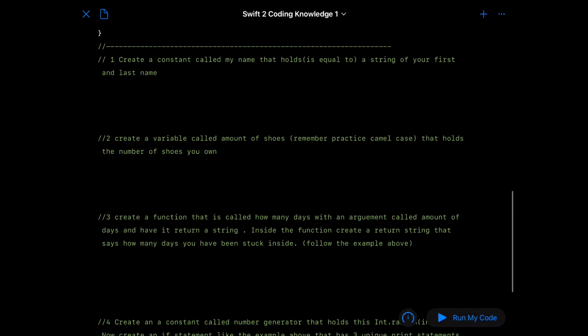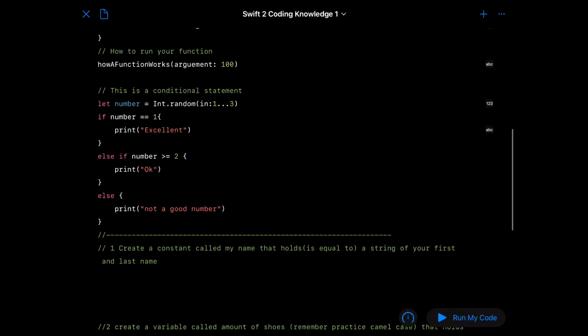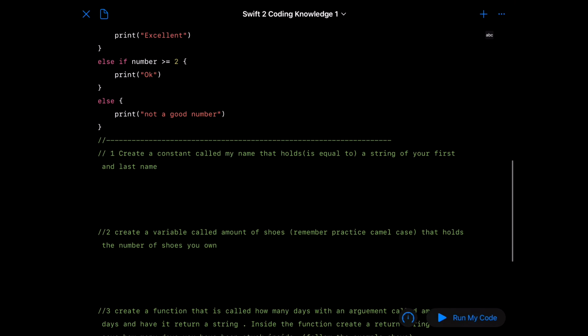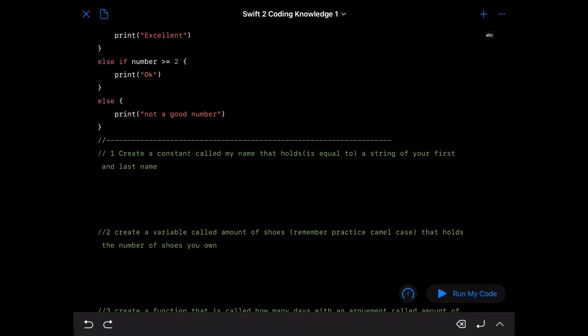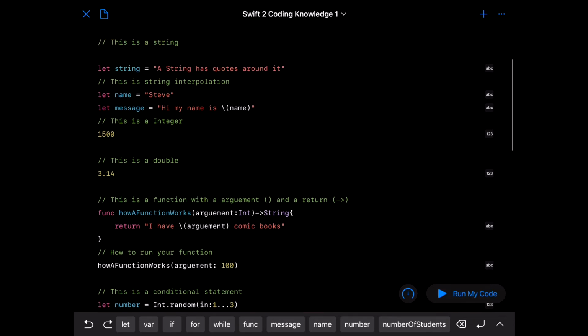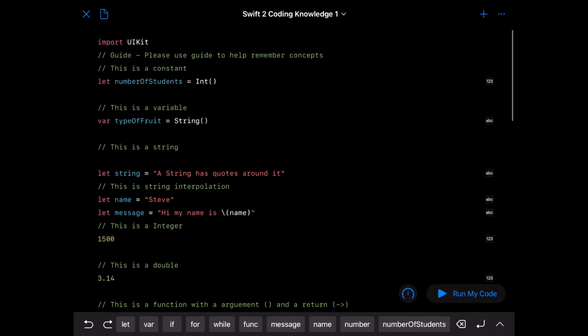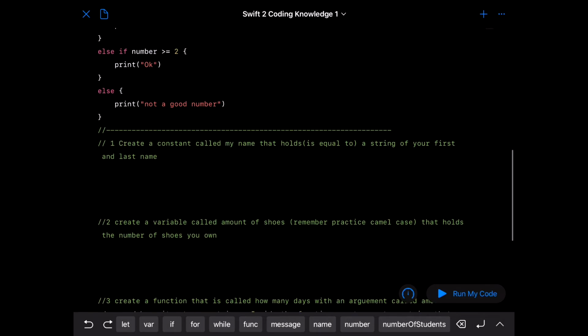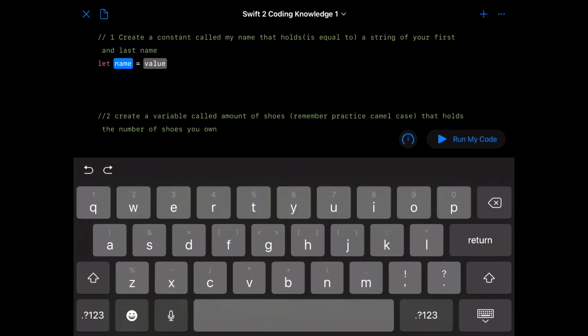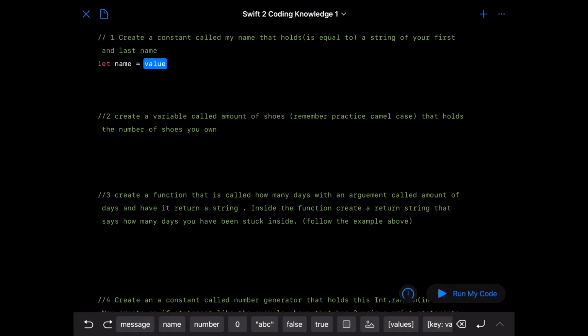So what you're going to do is fill these 4 things out based on the guide above. So use the guide as an example. So let's do the first one. Create a constant called my name that is equal to a string of your first and last name. So how do I create a constant? I go up, it's let, so I have to put let. So I'm going to come down here and do let, and I'm going to do name, and it's going to equal